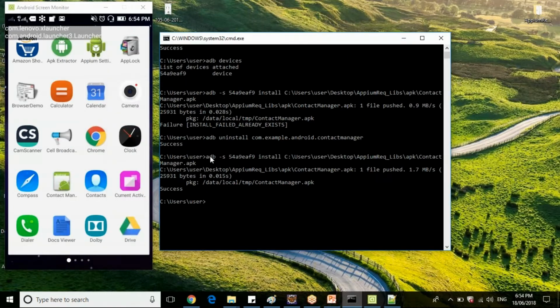When you have multiple devices, we use the command adb -s, the device serial number, and the command to install. So the app is installed.